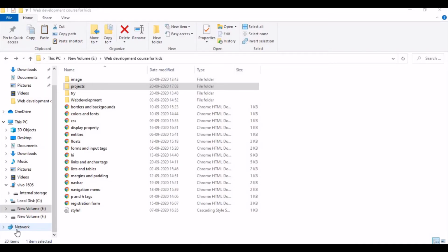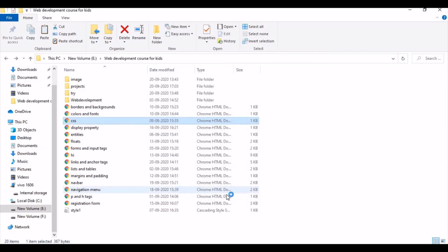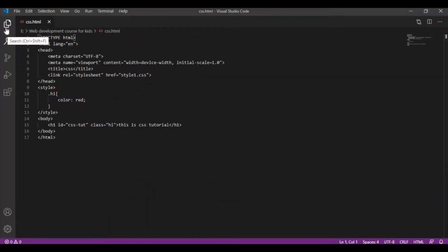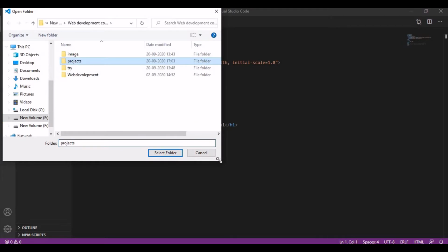So let us start making our website. I have created a new folder called projects. So I'll be first opening my VS Code. Open with Visual Studio Code, and my Visual Studio Code has been opened. So first I select the folder. I select projects folder, and